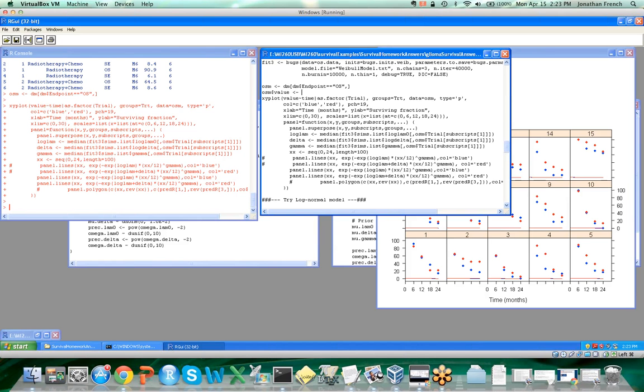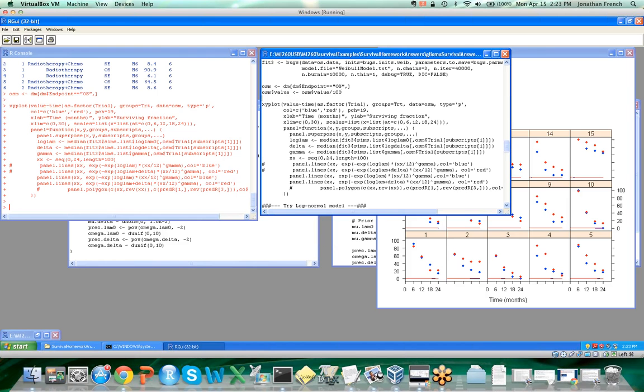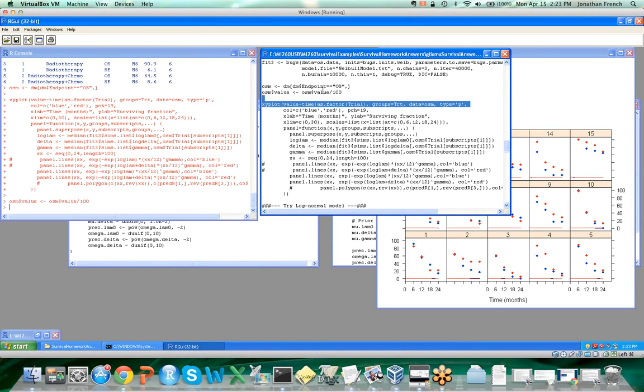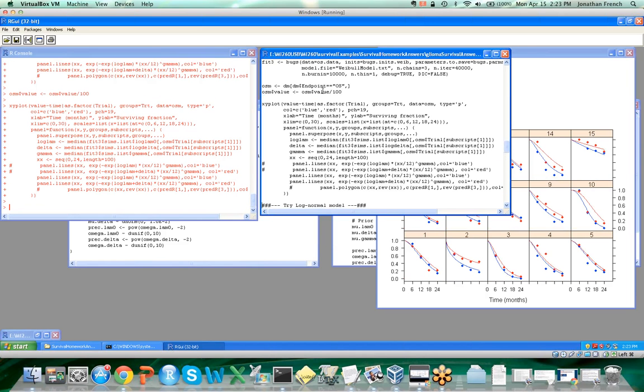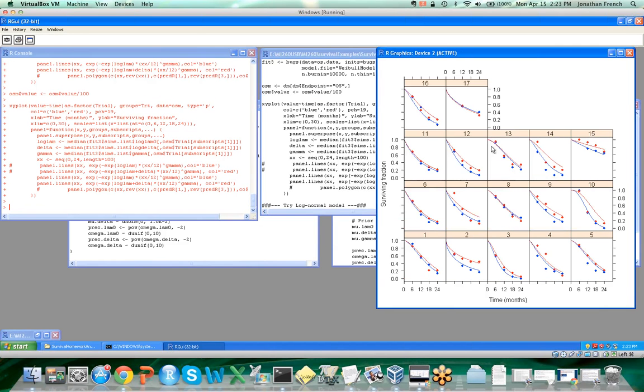I forgot that I had to convert these back to probabilities. So let's make that plot again. The Weibull model gives us a reasonably good fit. We can see that some studies here have more curvature, like study 10, than others, like study 9. And so the Weibull model clearly is giving us a better fit than the exponential model. And if we were to look at what that gamma parameter is, let's look at our